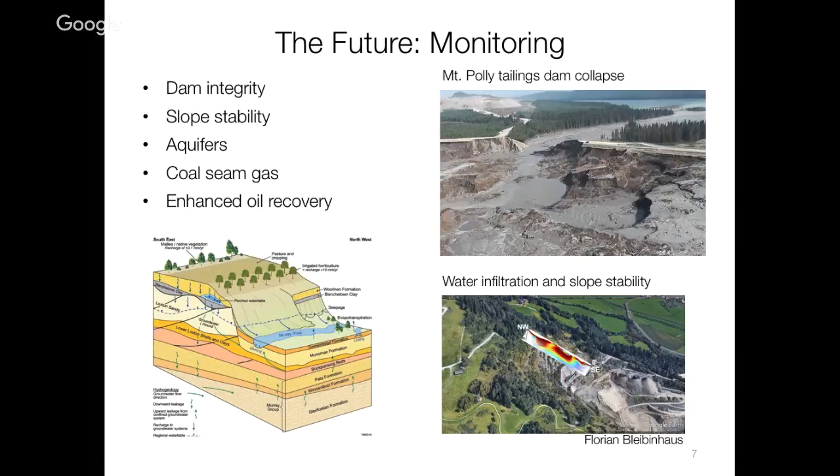So where's the future? Certainly, monitoring is going to be very big. Whether it's dam integrity, here's a case in British Columbia, Mount Polley, which just burst through. Slope stability, aquifers, coal seam gas, enhanced oil recovery. Any of these things can require the ability to permanently instrument areas and then monitor what is happening